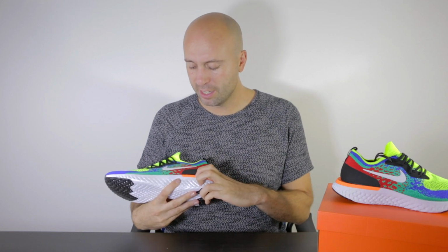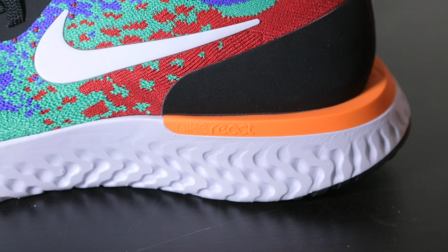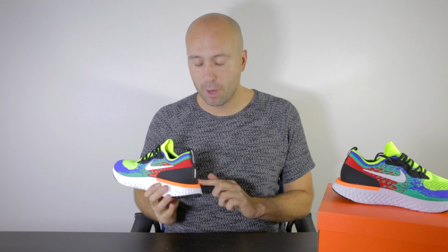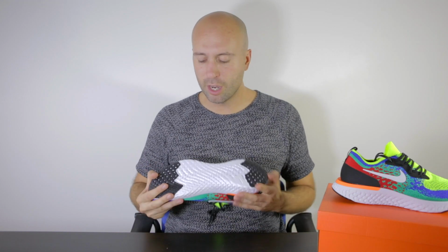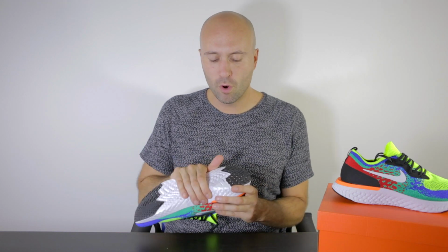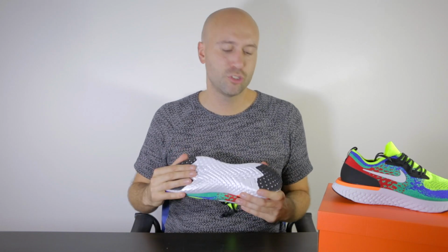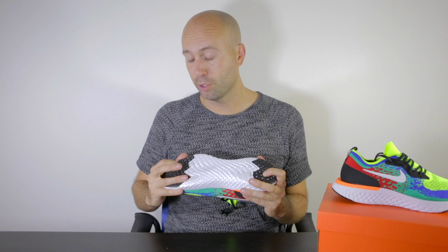We have, it says Nike Epic React right here at the back, and then we have the swoosh logo at the back as well. They added this part right here for stability. Taking a look underneath, we have the entire foam except the back and the front, where we have a little bit more of a supportive and protective